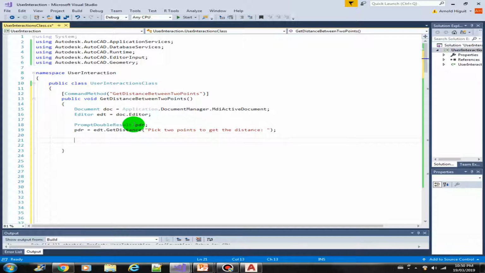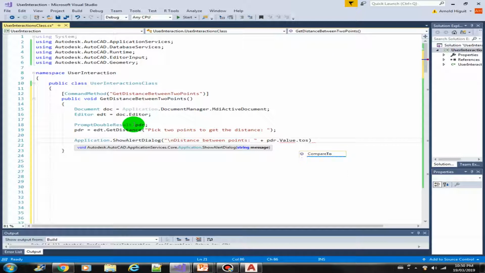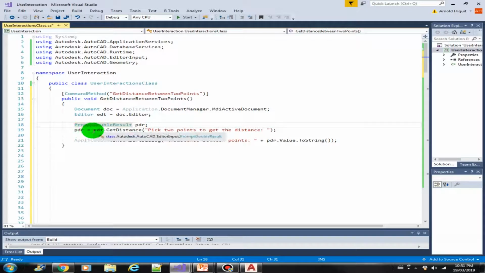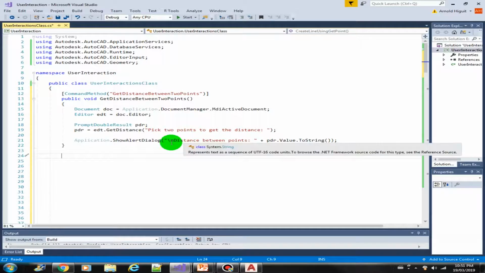Then that's it. We can provide the show alert dialog. Let's say distance between points, PDR that value ToString, and that's it. So just declare a variable with the PromptDoubleResult data type, and then store the value from the GetDistance using the editor here, and then just display the value here, concatenate with this message in the show alert